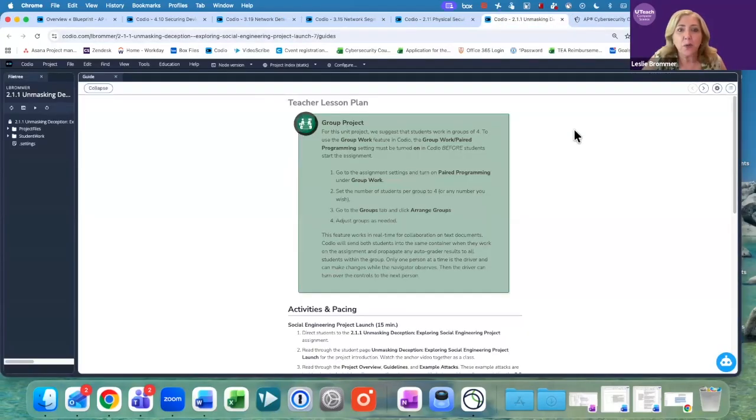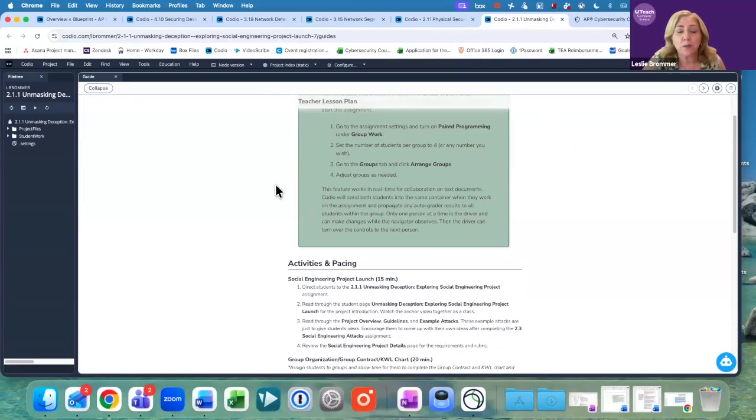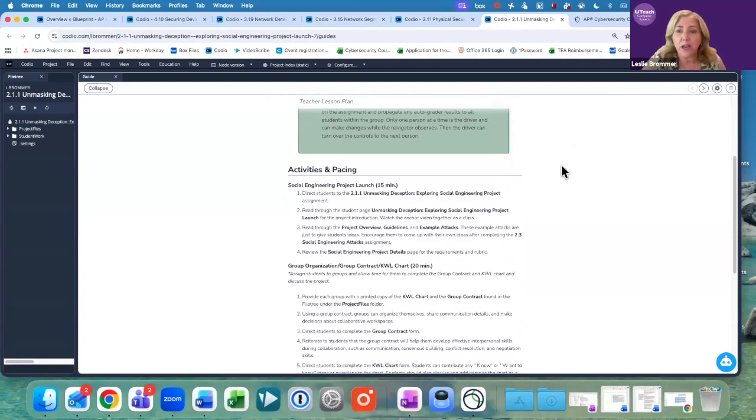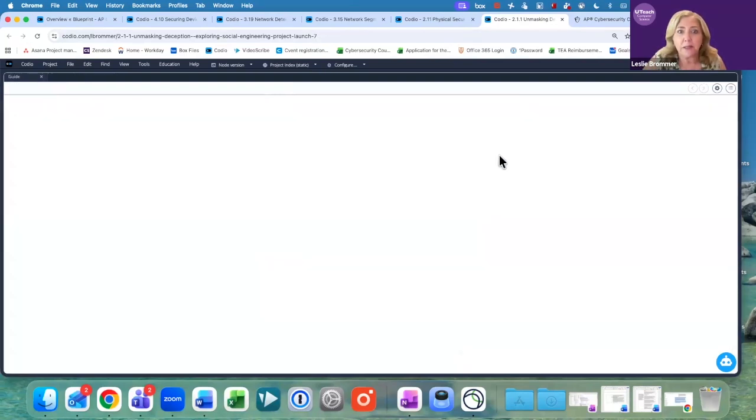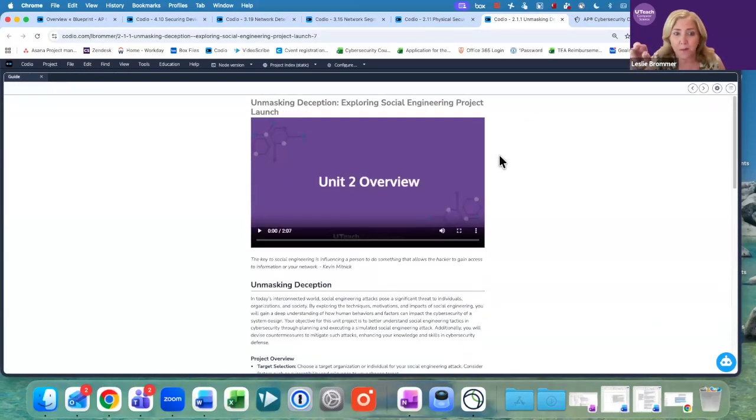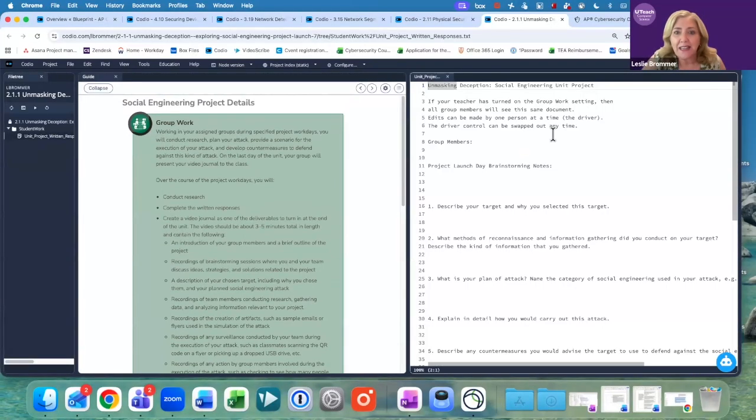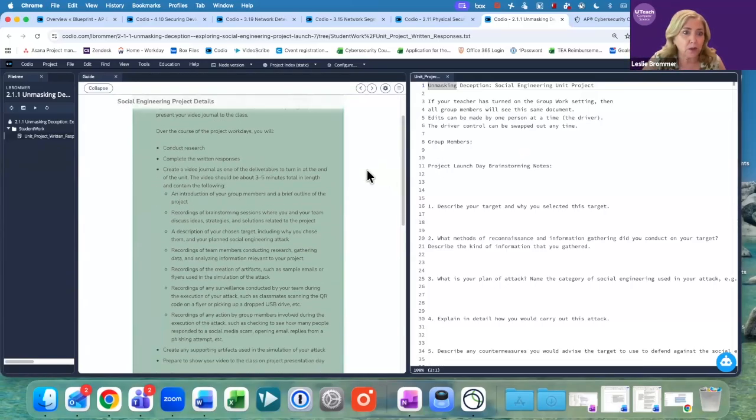This is the group project, so this is where you can set up ahead of time the paired programming or group work feature to assign groups to students. When they're in a group and they go in the assignment, they will see the other group members. Here's another hacker video introducing the project. And here is a document, which is what I was saying that they will fill out along with some deliverables for this